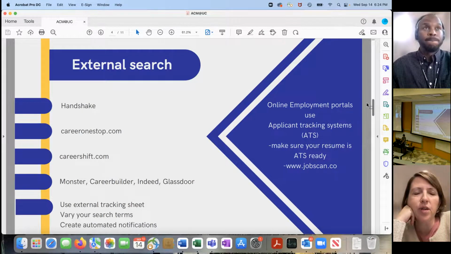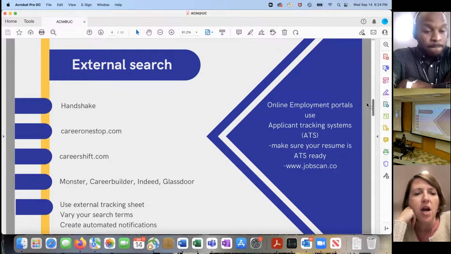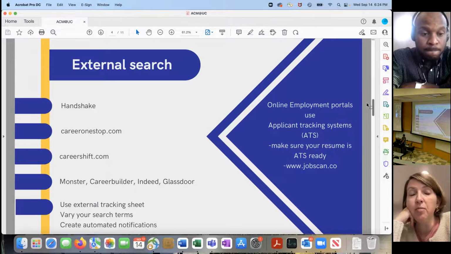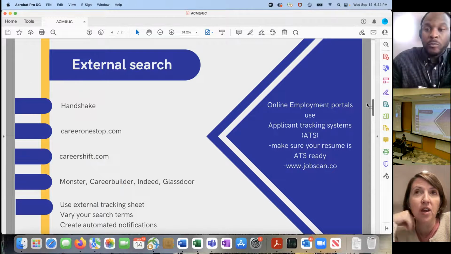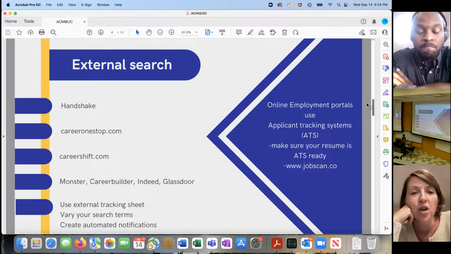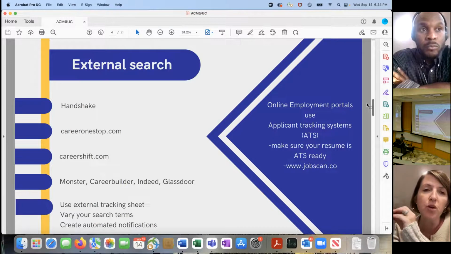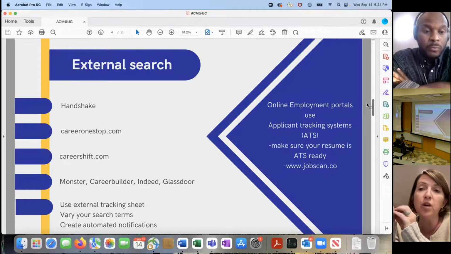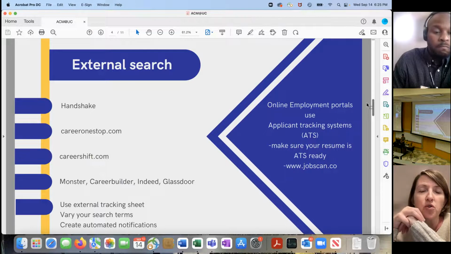Just some resources here about your external job searches. Most of you might already be familiar with PAL, which is the co-op office's integrated system that we use for just co-op related postings. But there are a lot of tools that you can use outside of PAL and that we encourage you to use outside of PAL. And in fact, for our current spring students searching for co-ops, we have some directed goals for the external search as you're going through that process looking for a co-op.